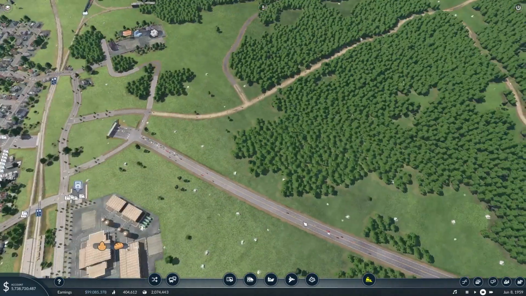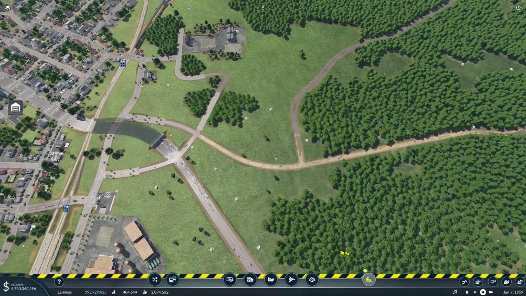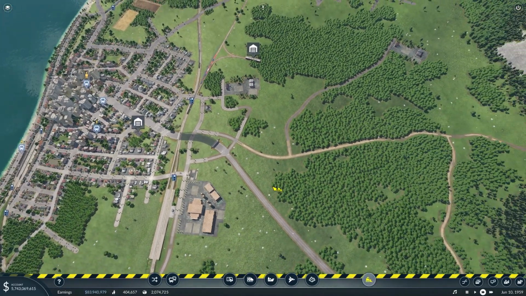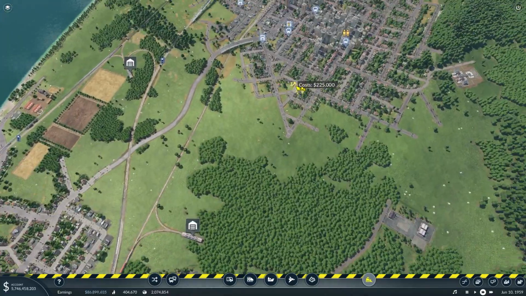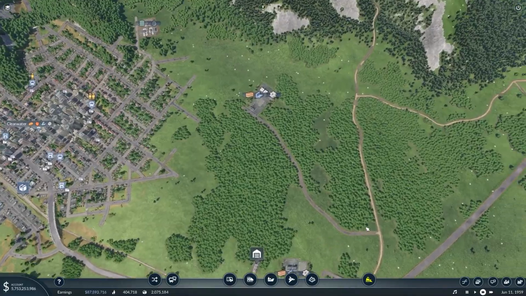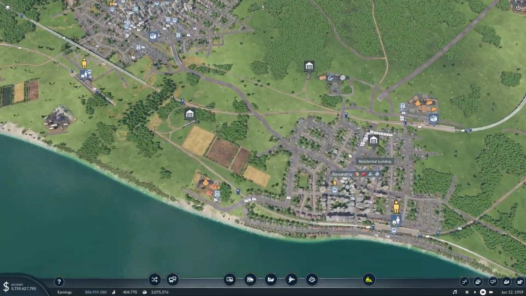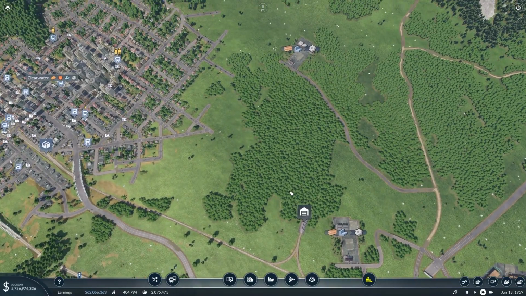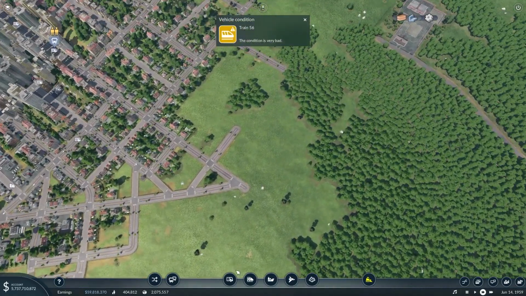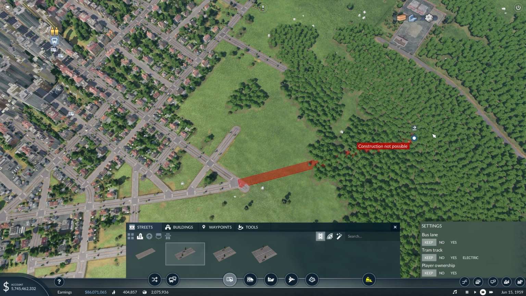So what we're gonna do is we're gonna make a direct connection from here over to Clearwater so that all the cars coming from Mesquite don't have to drive through Alexandria. I think that's where most of our issues are coming from. And I think there's a pretty easy way we can do that if we just